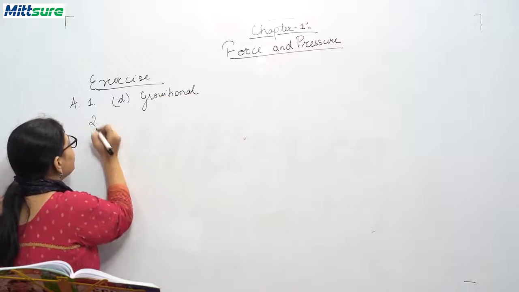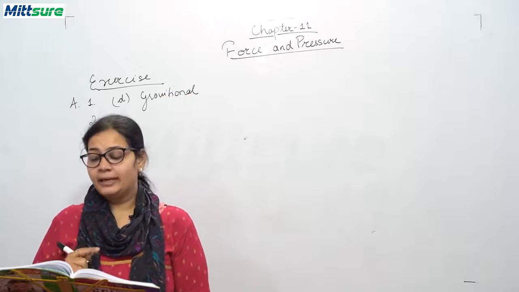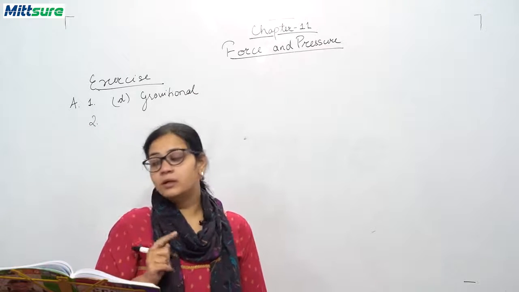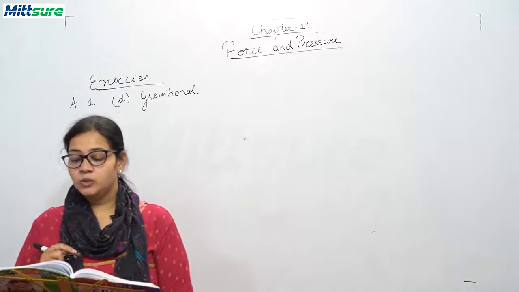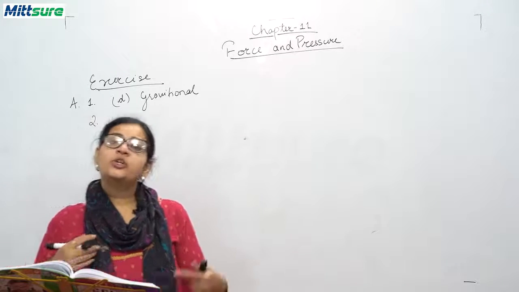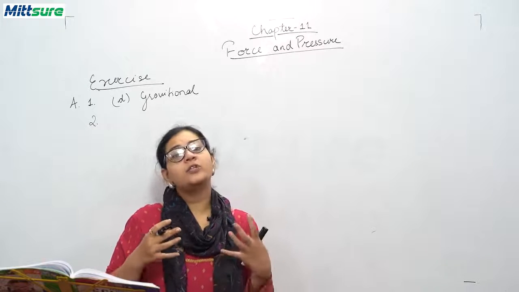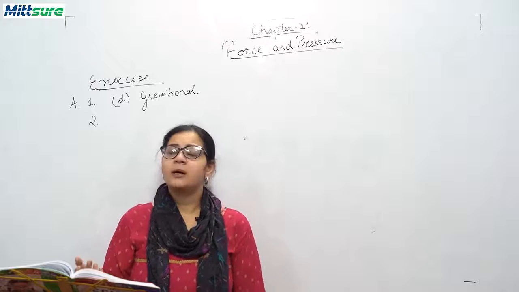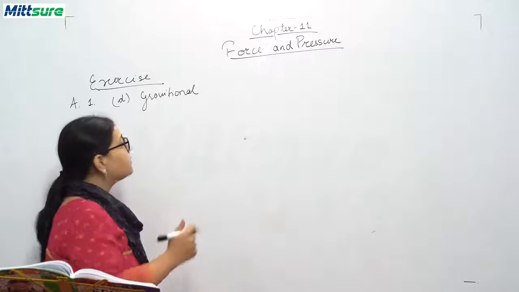Okay. Now the second question. Gravitational force acts A. only between the sun and the planets moving around it, B. only between the earth and the bodies on it, C. between all bodies in the universe, D. only between the sun and earth. Now students, जो gravity force होती है, the gravitational force is acting between each and every object, some small, some may be large, so हम feel कर सकते हैं, but gravity force is applicable to every being. So the correct answer is C,